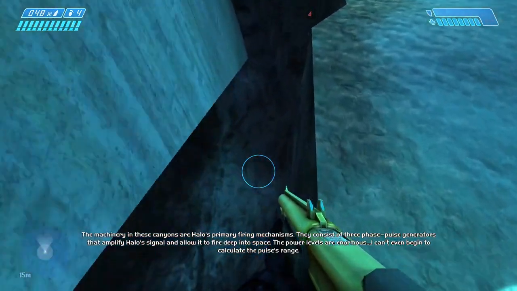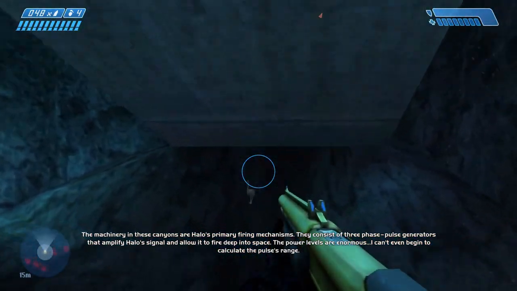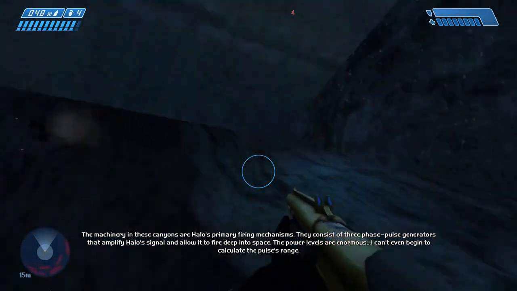Phase pulse generators that amplify Halo's signal and allow it to fire deep into space. The power